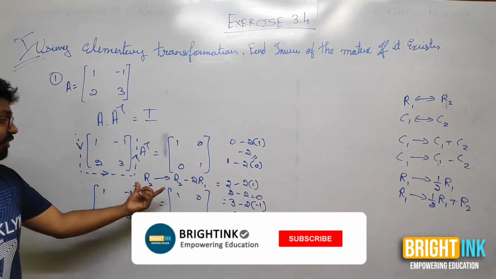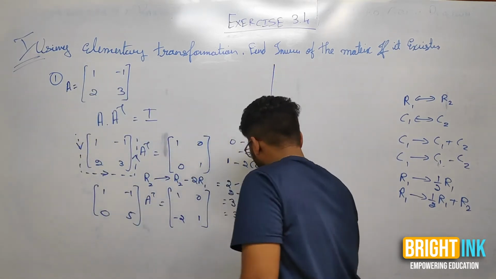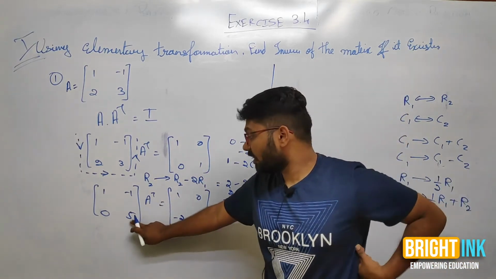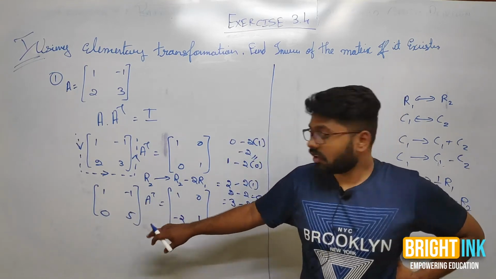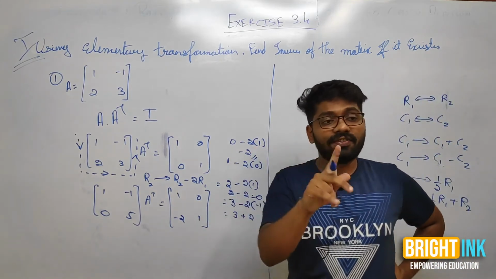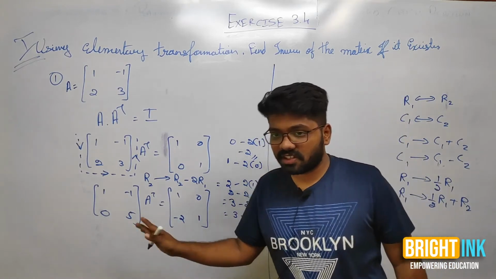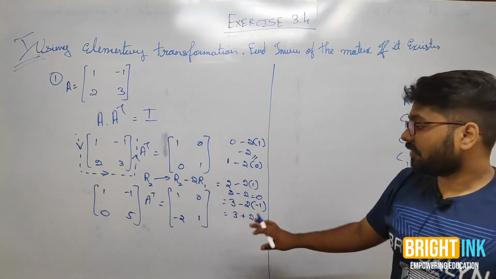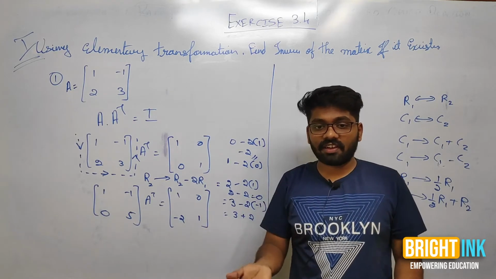We converted the entire second row using this formula. Now let's move ahead and see what I want to make. In the identity matrix, this position has 1, so here it will be 1. So I have to bring 1 here. What is the best way whenever you want to bring 1 into your matrix? Division is the key. We have not seen division, but we have seen multiplication. If you multiply 1 by 5, what will you get? 1.